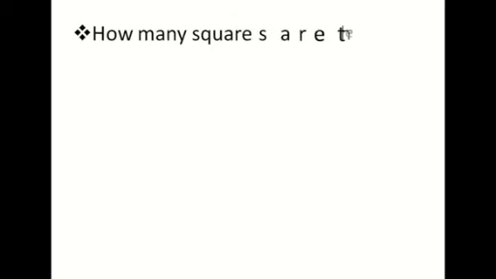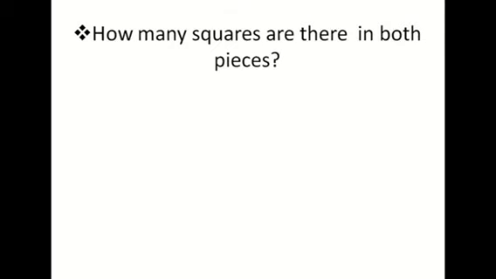Now I have a question, that how many squares are there in both the pieces? You got 2 pieces because we have divided into 2 parts. One is how many? 6 by 3, and the other is 6 by 5. Okay. So if we add 6 into 3 along with 6 into 5, can we get the total number of squares? Yes, we will get. So let's do that work.